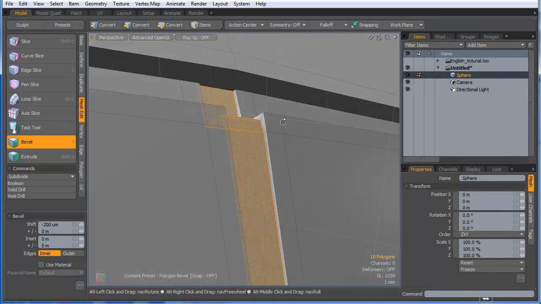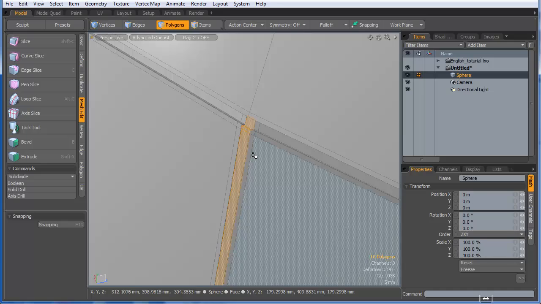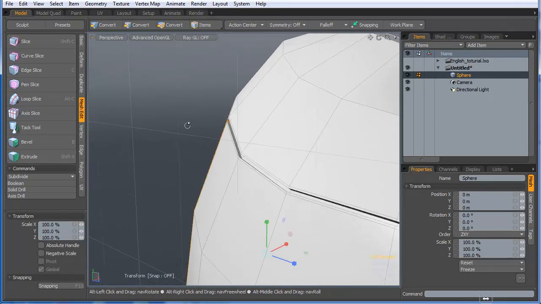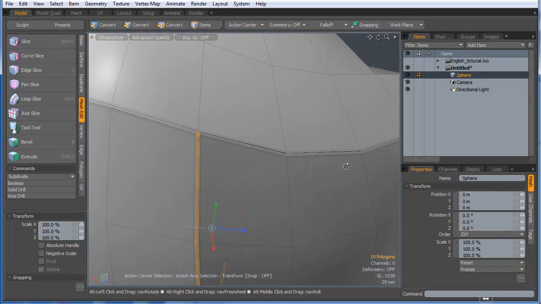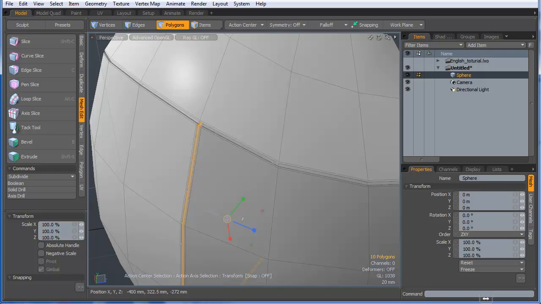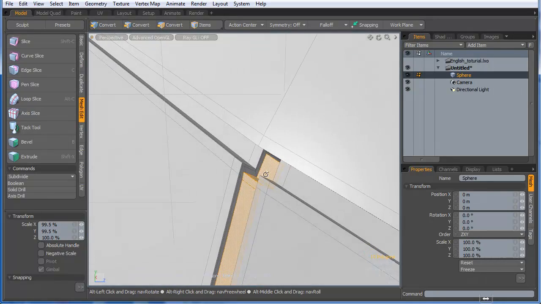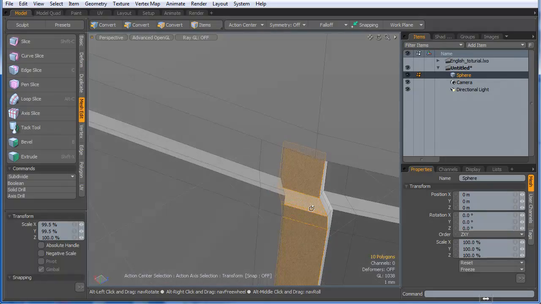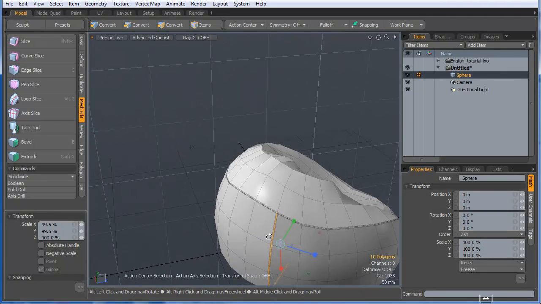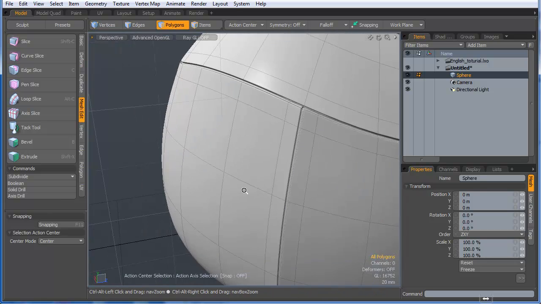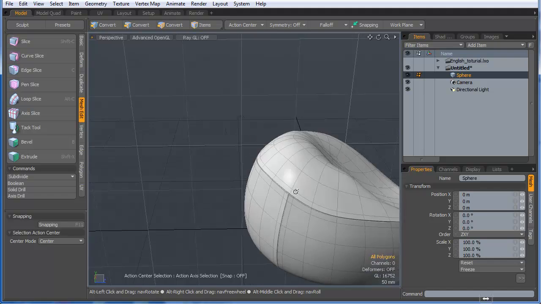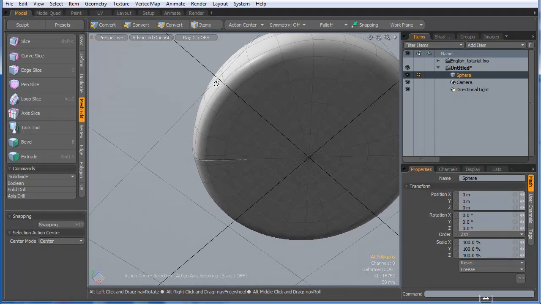I will drop the tool and press R for scale, and I will scale that. I'll change my action center to selection. Let me see here, and I'll use this little blue handle here to just a little bit, and that's okay, that's fine. I'll press spacebar to drop the tool, and I press tab. This is what I get. Okay,